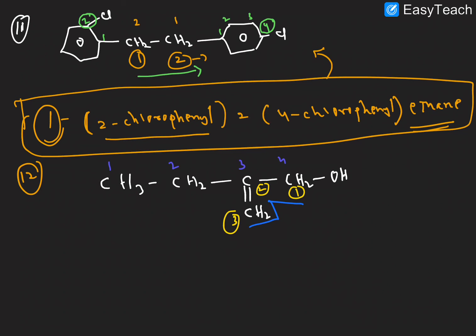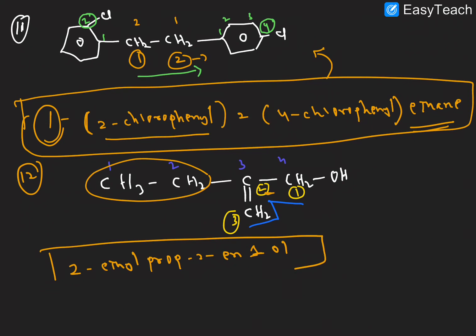2-methyl, this is the 2 place. In the 2 place, what is there here? 2-ethyl is there, 2-ethyl. And the carbon chain here is prop. And the 2 place having ene, the ene replaced by ol, that is 1-ol. So this is the IUPAC name of this compound. Somewhat different example here.